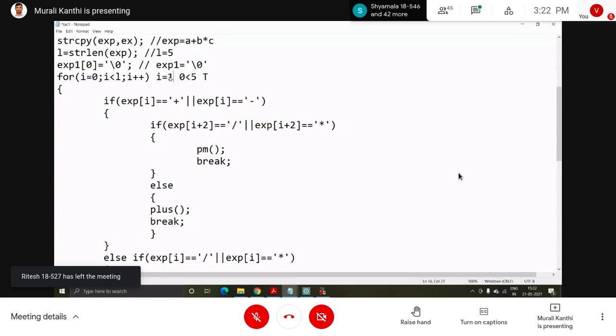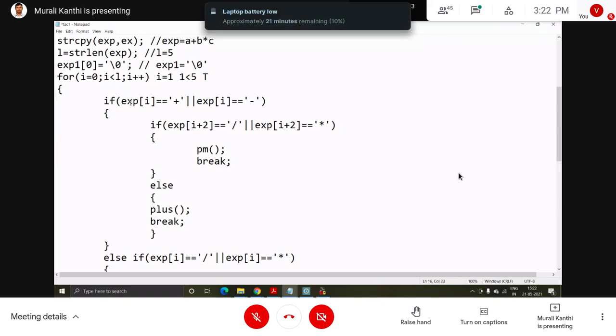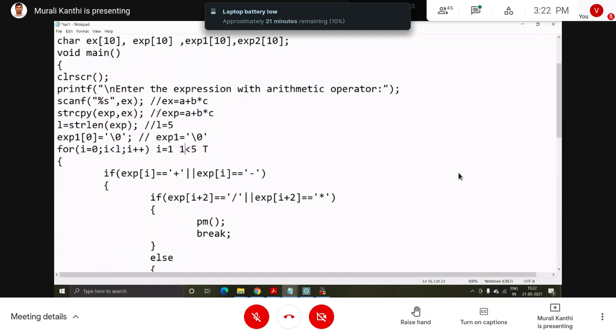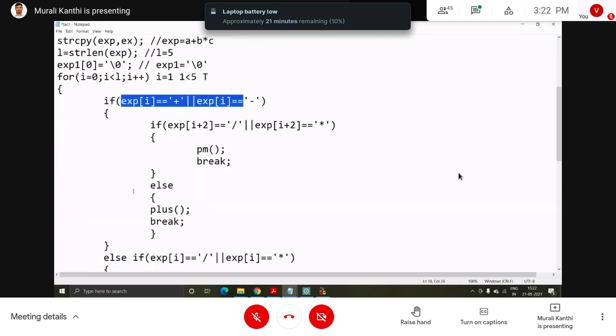So 1 less than 5, condition true, then again the for loop. Then exp[1], which is position 1, plus is there, so the condition is true. It is a logical OR, so the rest is not verified. Now the entire condition is true, so the if block from here to here.